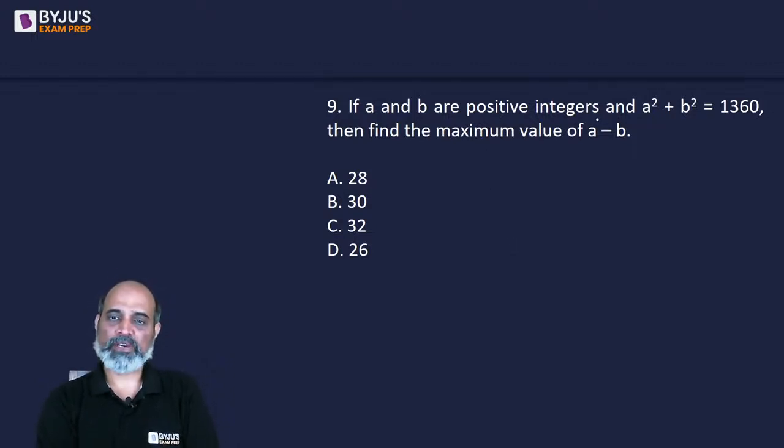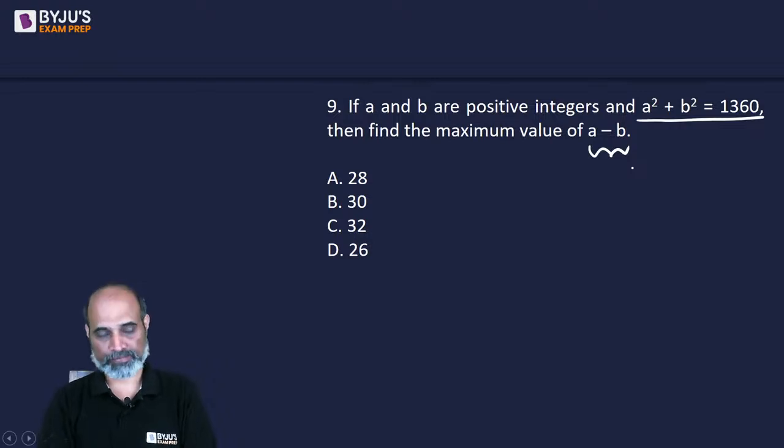Next, if a and b are positive integers and a square plus b square is 1360, what is a minus b going to be? Okay. Interesting. So we need to find sum of two perfect squares as 1360. So the perfect square,